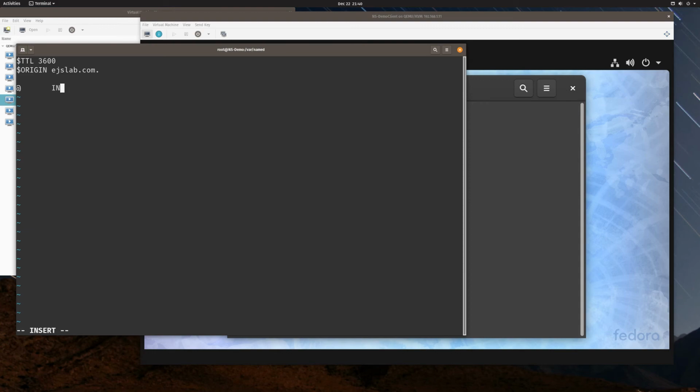So we're going to do IN for internet. Internet type, I believe, if I recall off the top of my head. SOA, start of authority. And the server that is going to be the authoritative server is going to be our name server here. So I'm going to do